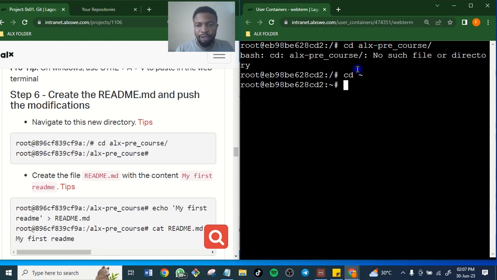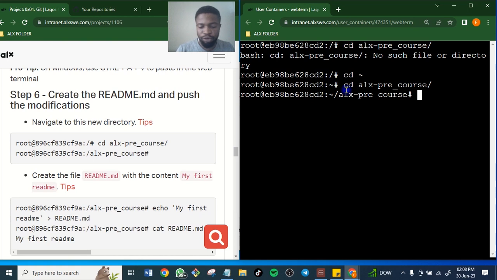So we are now in the root directory. So the next thing, cd into ALX. You don't need to keep typing it if you already have it on your system. Just click on tab on the left hand side to bring it out. So you see there you are in the root.